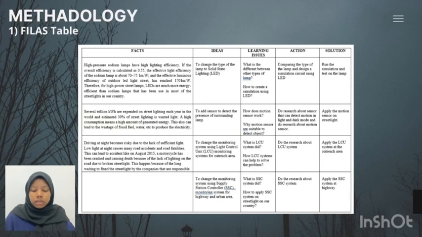Okay, for the facts, driving at night becomes risky due to the lack of sufficient light, because in August 2015 a motorcycle crashed, causing death because of the lack of lighting on the road due to a broken streetlight. This broken streetlight happened because